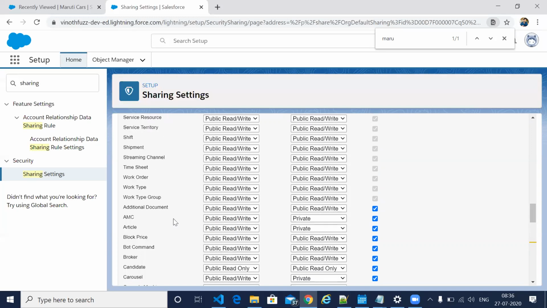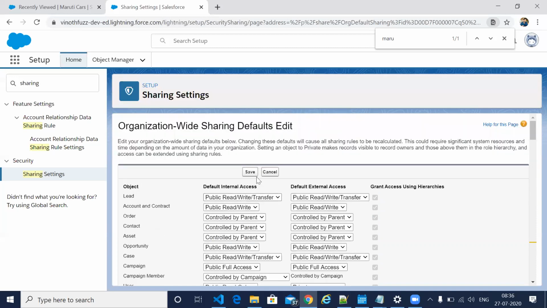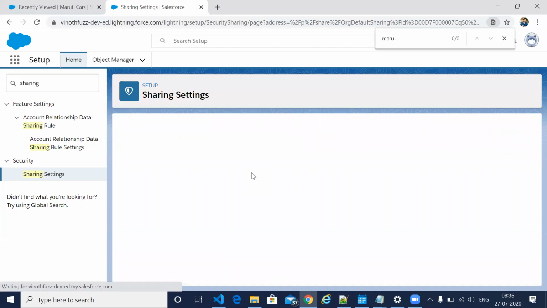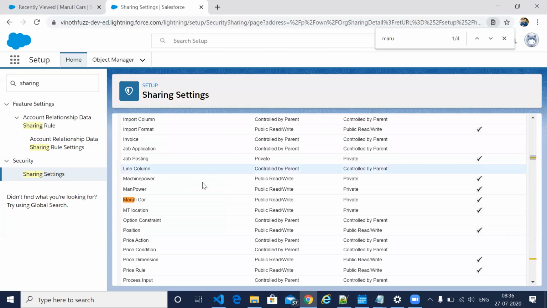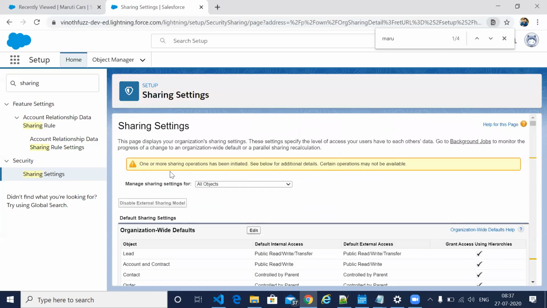So what happened now? Just saving it. It will take some time to enable this operation, because if you have a huge number of records, some other settings are already there and are supposed to run according to those.